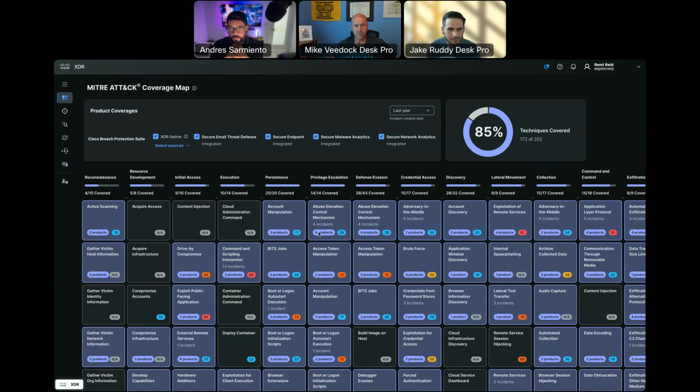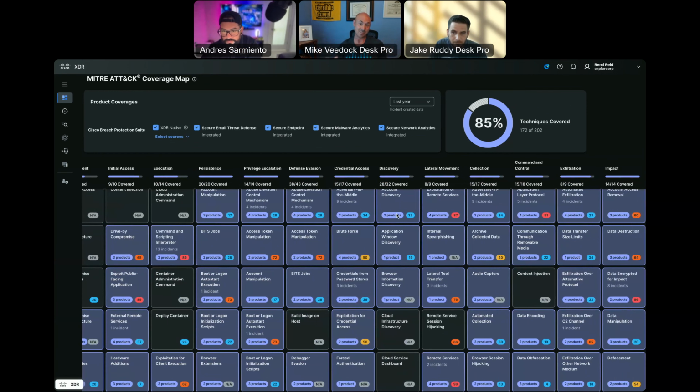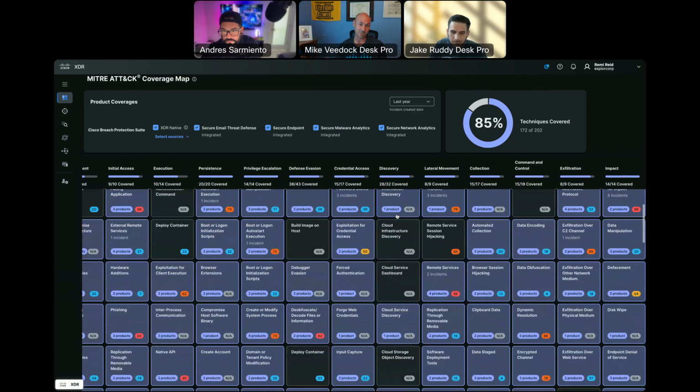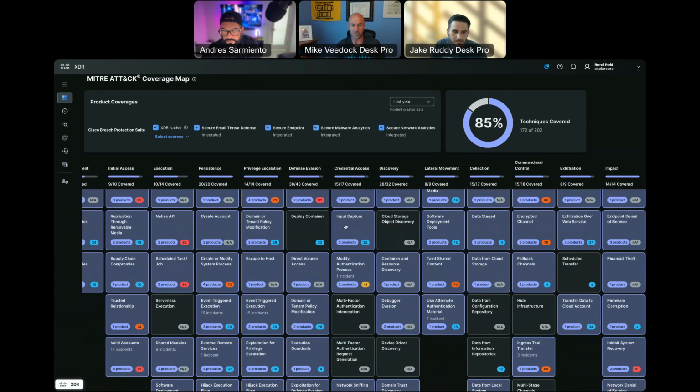So I guess, Jake, using something like this, if I had an objective, I'm the one in charge of blocking phishing for my company. It seems like this would be a good place to come in and, based on the MITRE frameworks, see how my organization is doing when it comes to phishing, just as an example, but a focused objective there.